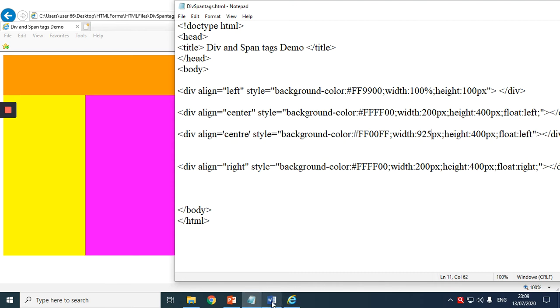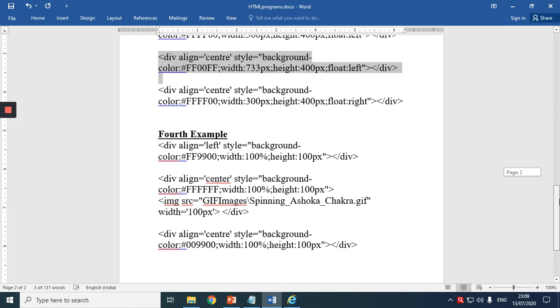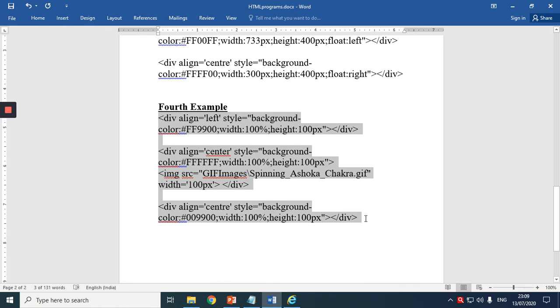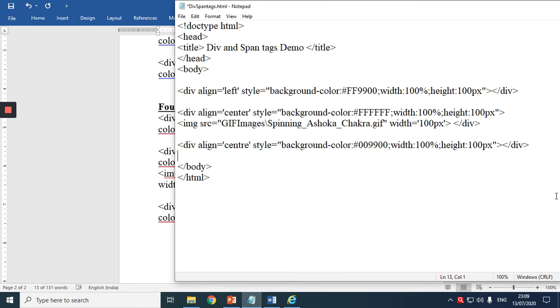Now I'll show you another example where I will try to display the India flag. So how I'll display it, I'll show you. Control C. I'm removing all this. So here again, I have said align is equal to left, some style I am giving. Width again 100%, and I'll remove this.